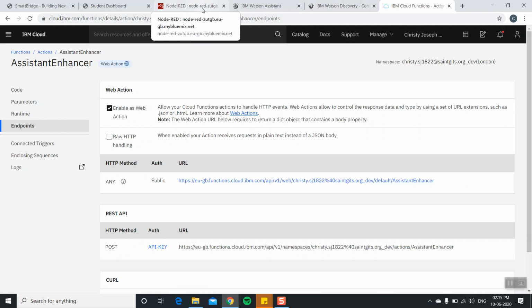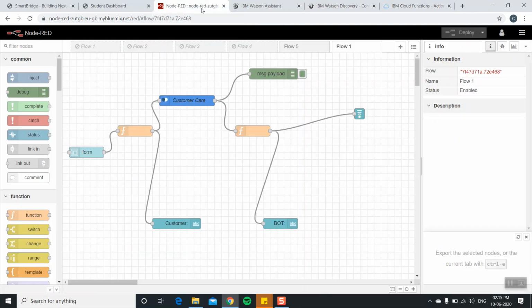After doing all this, now we have to create an end user interface for our created services. For this, we have Node-RED. This is the flow which is required. Here I have the form node, which takes the input from the user, and then it is given to the function node, which is then joined to the assistant node and a text node. Then further again it goes to a debug node and another function node. From there it goes to another text node and also an audio node, which will give us the answer in audio output. Once this flow is deployed,